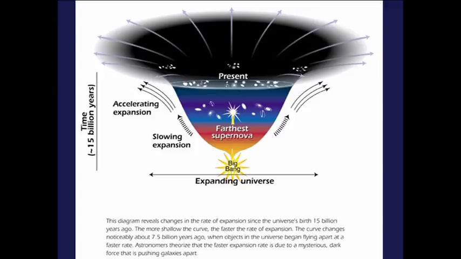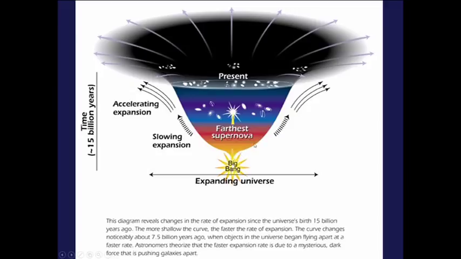Logic would dictate, if the Big Bang occurred and all the matter in the universe was shot out in all directions as space expanded, it would expand. But of course, gravity should keep pulling on these various planets in the galaxy, galaxies in the galaxy, and slow down the rate of expansion as time goes on. And so if you look at this graph here, this would be the Big Bang, this would be the explosion. We would expect that this would curve this way as the expansion slowed down.